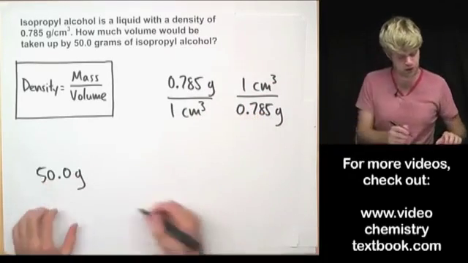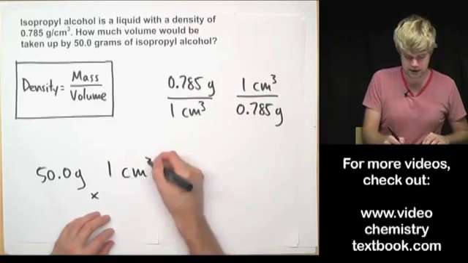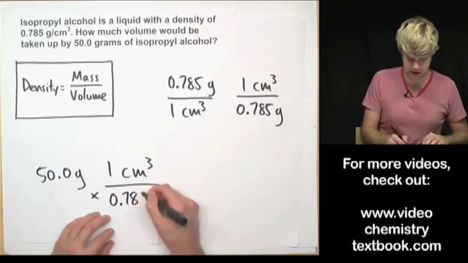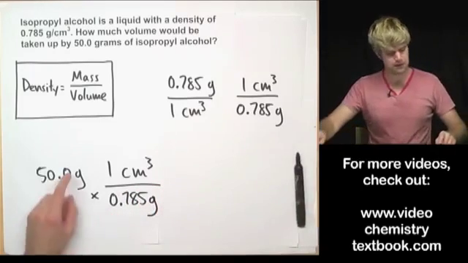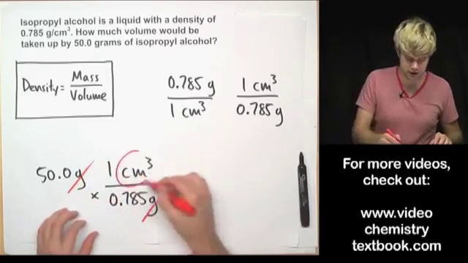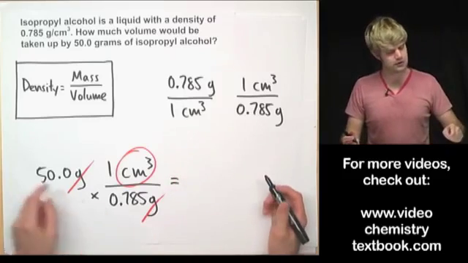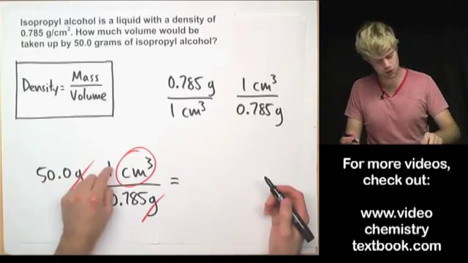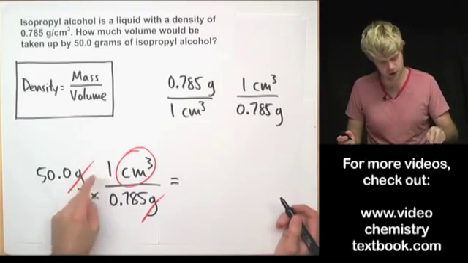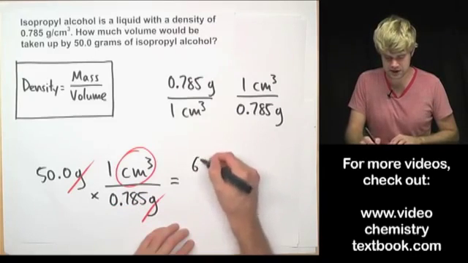So 50.0 grams times 1 centimeter cubed divided by 0.785 grams. Grams up here, grams down there, so they cancel out. So I know that I used the right conversion factor. I'm going to be left with centimeters cubed. And the math that I'll do is 50.0 times 1, which is just going to be 50, divided by 0.785, and I get